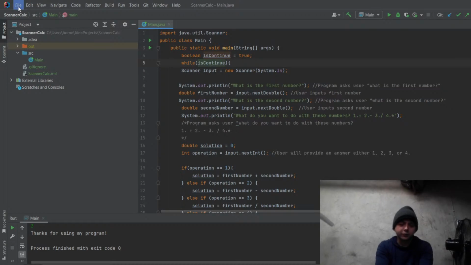Based on the technical issues we're having, I'm going to try to make sure next time it runs a little smoother. This was kind of an introduction to while loops. The next time we're going to get into while loops way more in depth. We're going to use while loops and for loops, more of the concept of iteration, and then try to get into arrays. Other than that, that's where we're going to leave off. After that, the next concept is going to be object-oriented